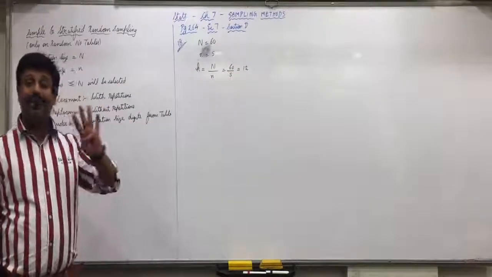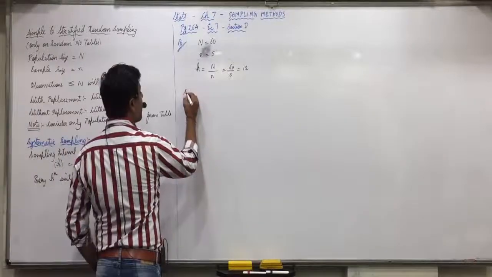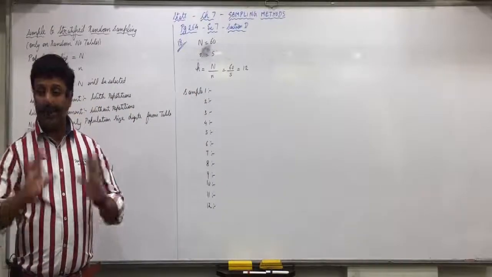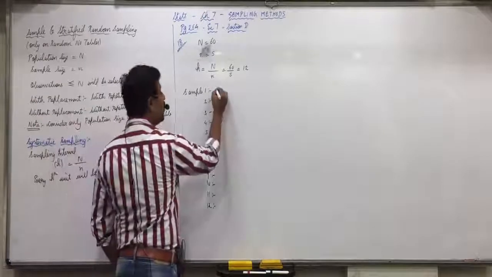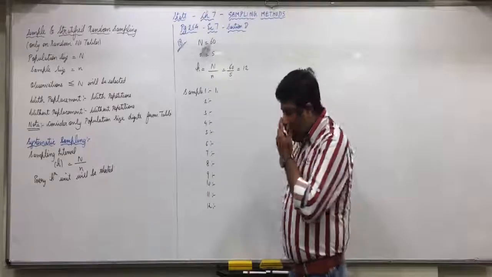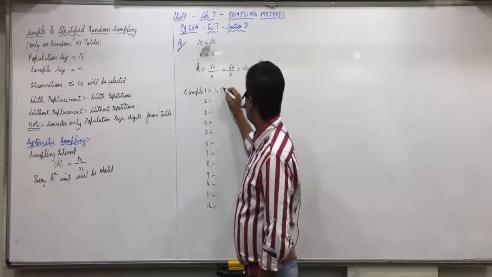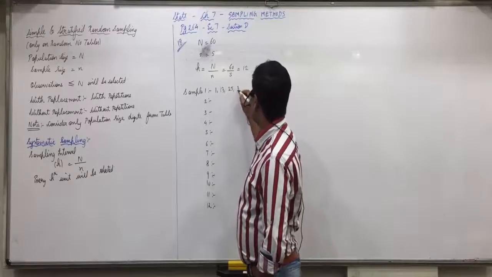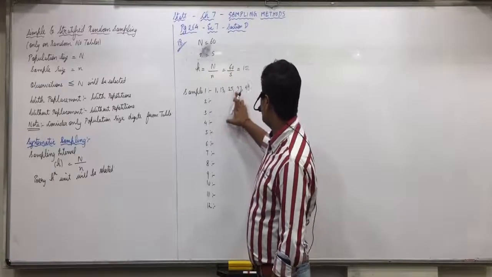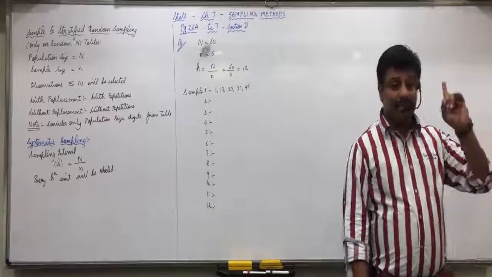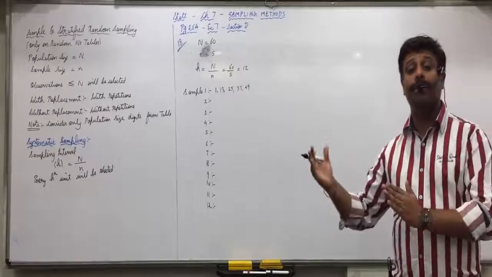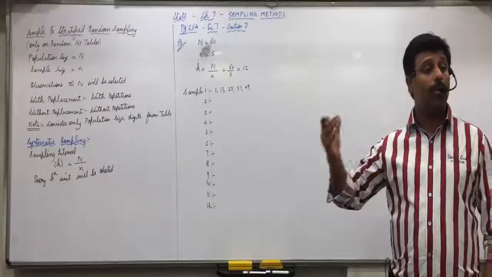Now, 12 different samples are possible. If K is 12, then first of all, from 1 to 12, you will randomly select any number. Suppose we select the number 1. Then every kth unit, meaning every 12th unit, is to be selected. So 1 plus 12, 13 plus 12, 25 plus 12, and so on. We need 5. So 1, 2, 3, 4, 5. So if you select the first number as 1, then our sample will be 1, 13, 25, 37, 49. That's why it is called systematic, because every 12th unit is selected after 1.